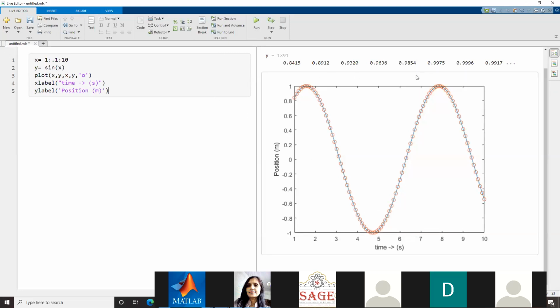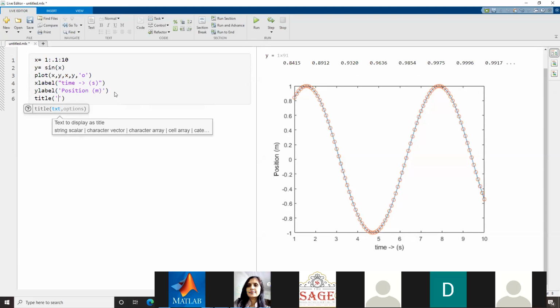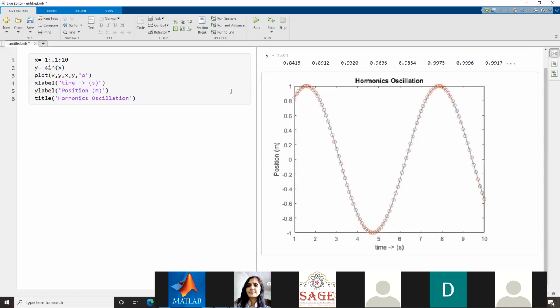And if I want to give a title over this, I can use the title command and give the title of this graph. So this is harmonic oscillation, like that. This way I can give as much information about the graph as needed.